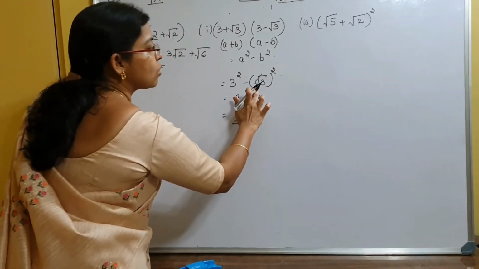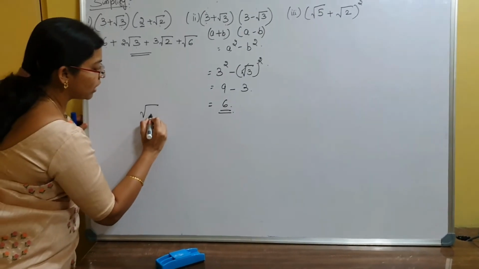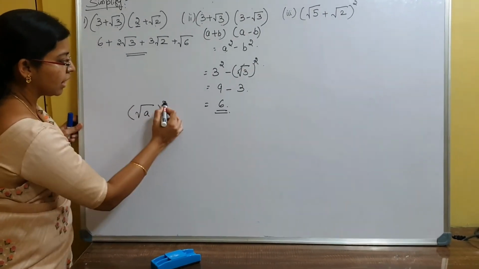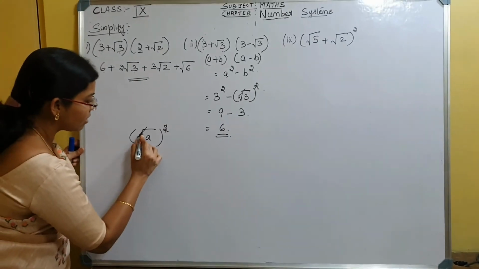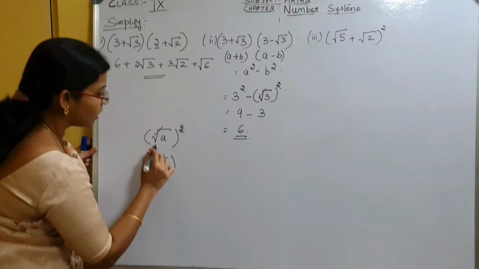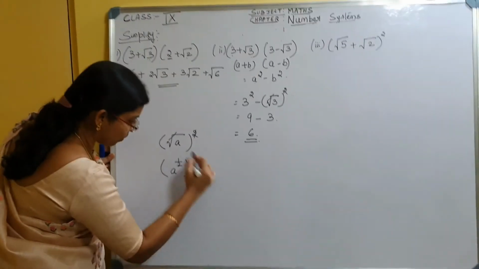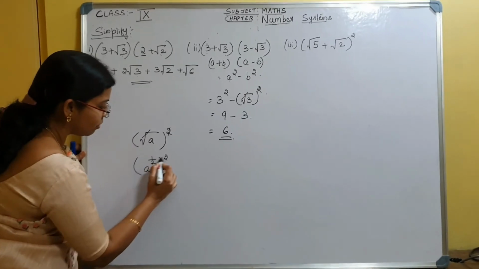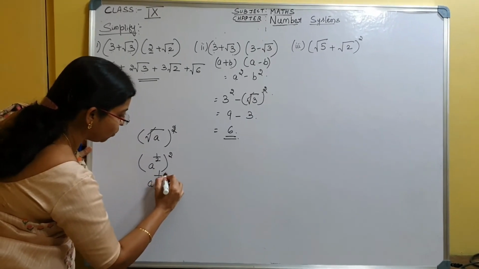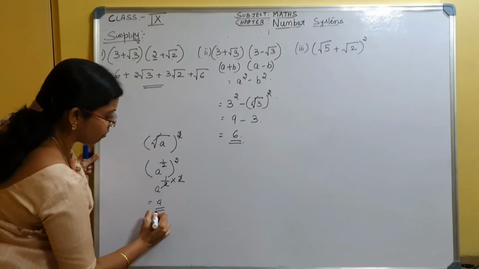Why is it that when we square the square root of 3, it is cancelled? Because the square root of A in general is nothing but A to the power of half. Whenever we say square root, it is A to the power of half, and when we square, the whole thing is squared. We multiply by the law of exponents, A into 1 by 2 into 2. 2 gets cancelled, we are left with A.